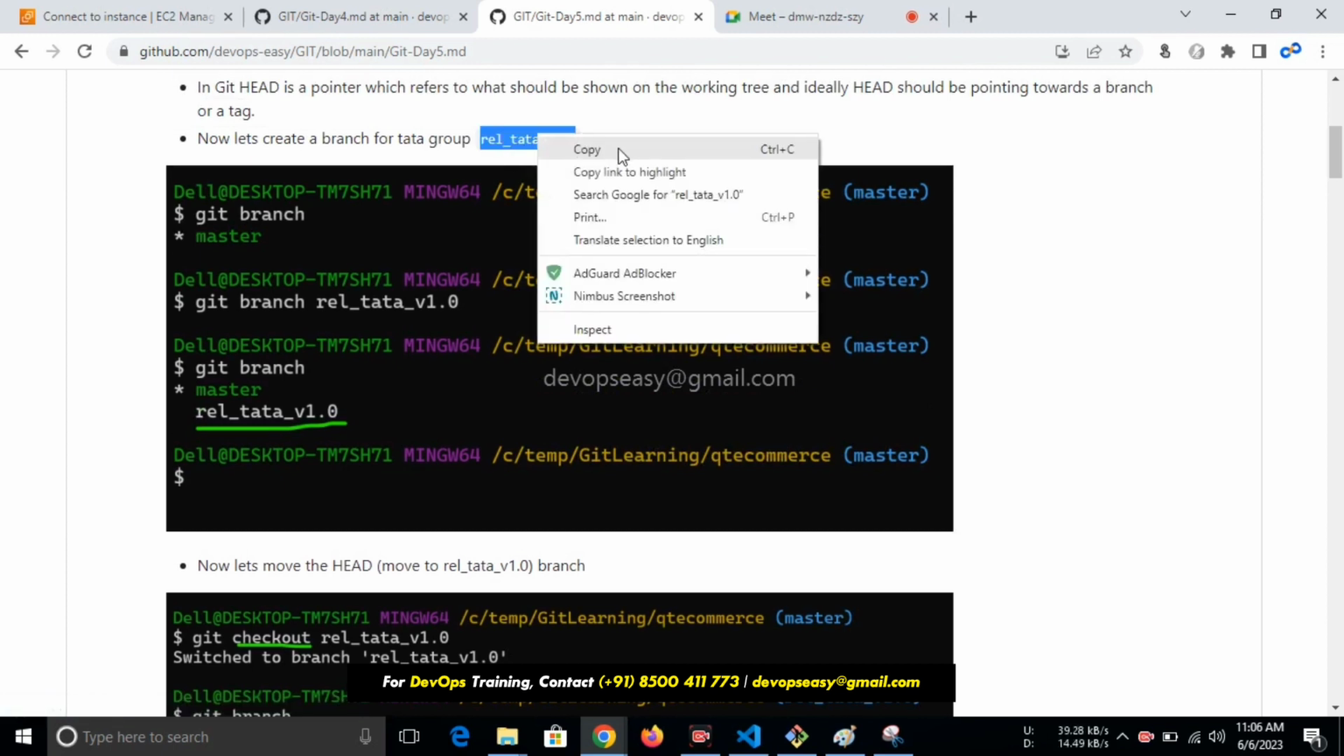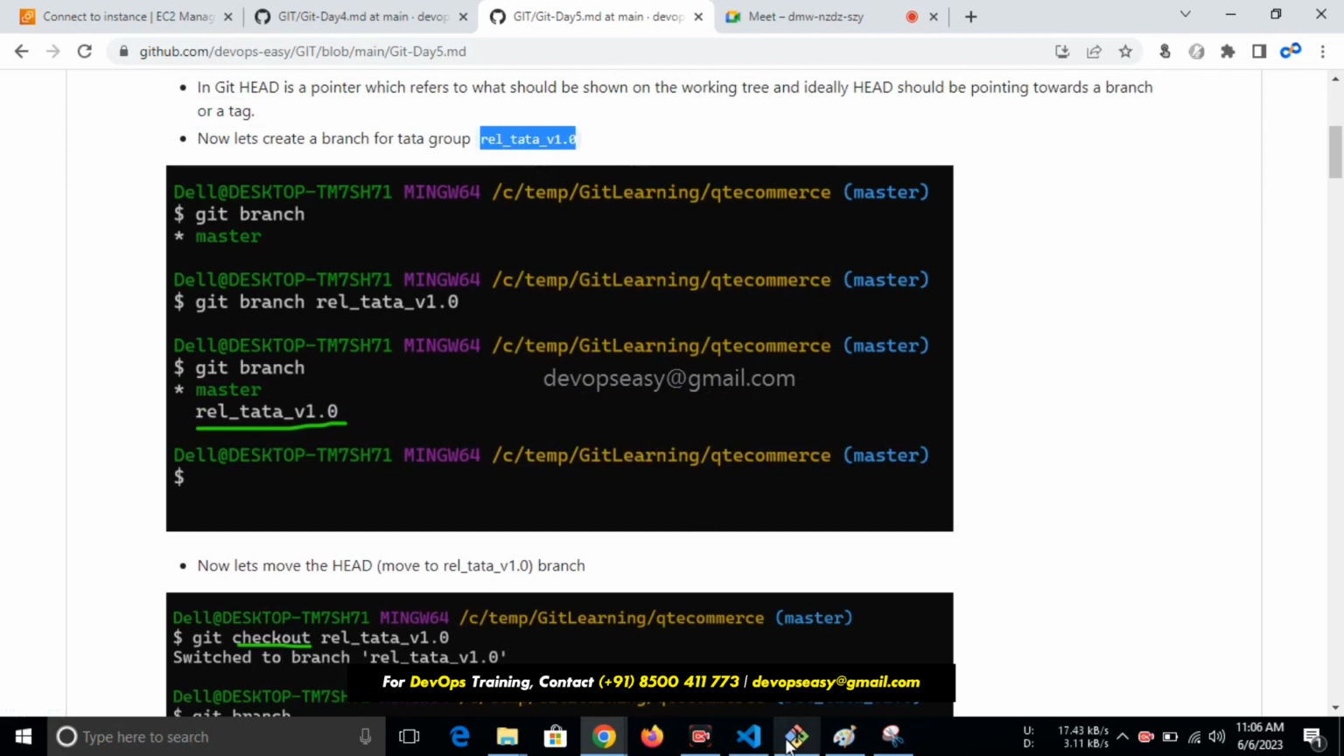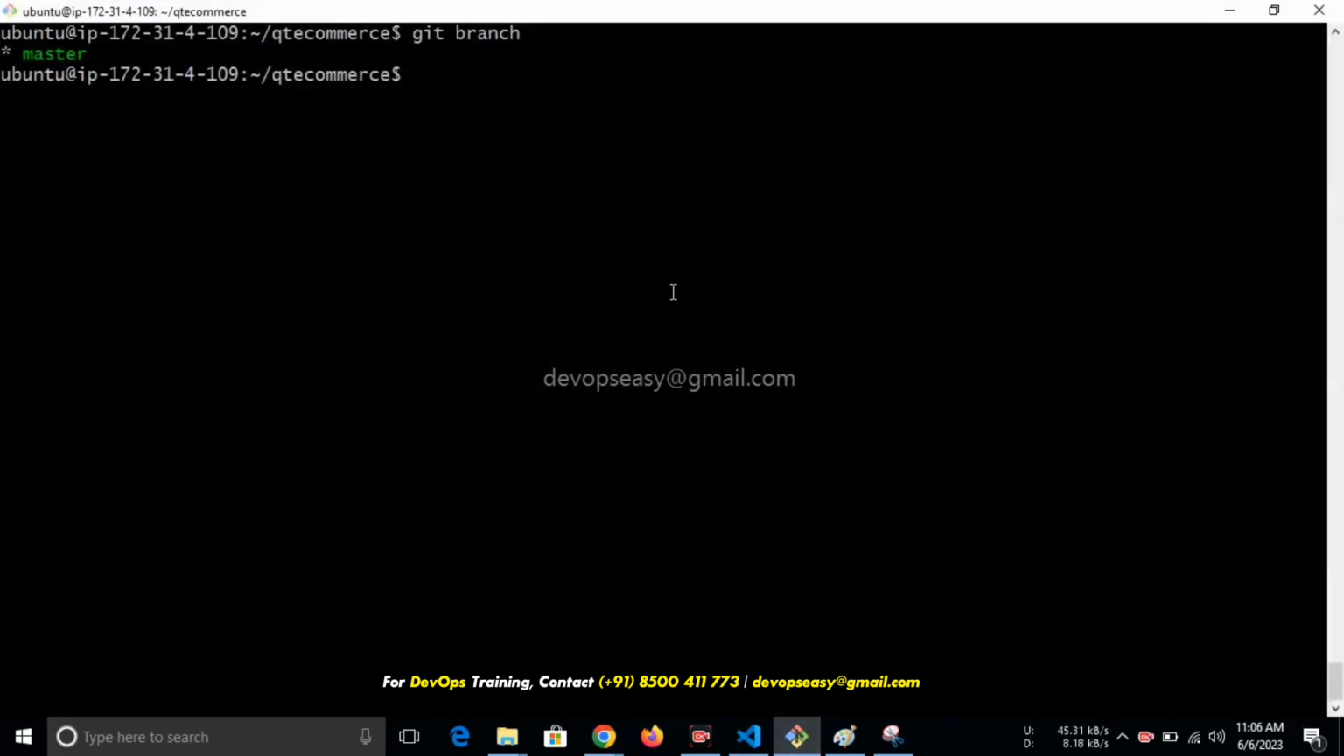So git log. So if you see, added Tata logo. Now let me check out the main branch. Now let me execute git log. Here if you see DevopsEasy logo, but in the other branch we have a Tata logo. In the same way, if you want to create a new release for Wipro,